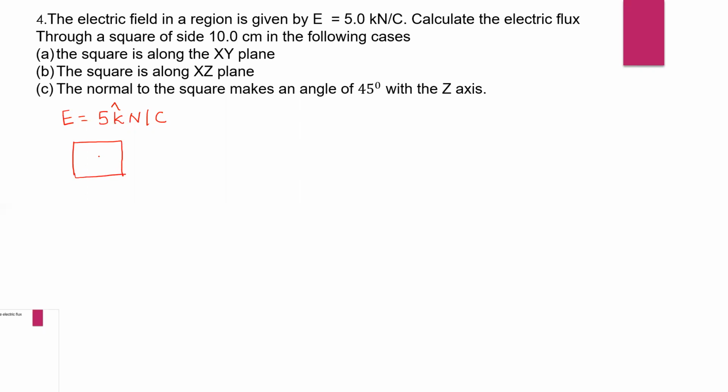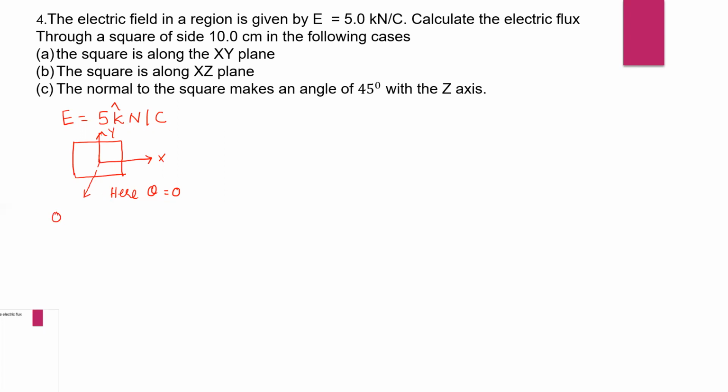That is, this is Y and this one is X. Okay, XY plane. We know that the electric field is along the Z axis, so the electric field direction will be like this. ds will be perpendicular to the plane. ds is the area vector. So here theta is 0 degree, because theta means the angle between E and ds. Here E and ds are along the same direction. Therefore theta is 0 and cos 0 is equal to 1.